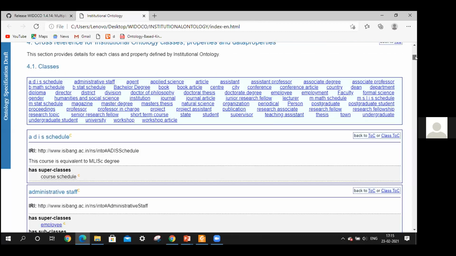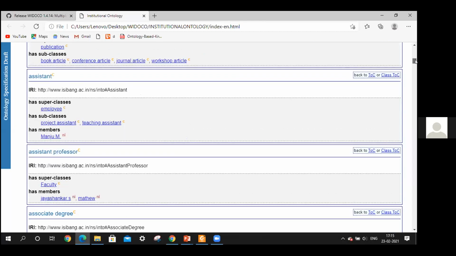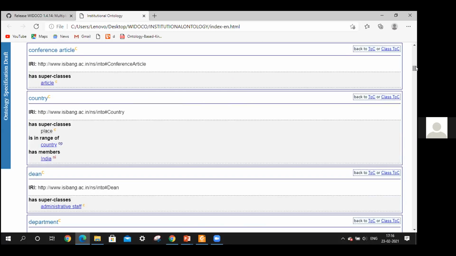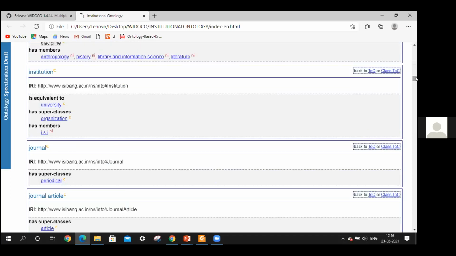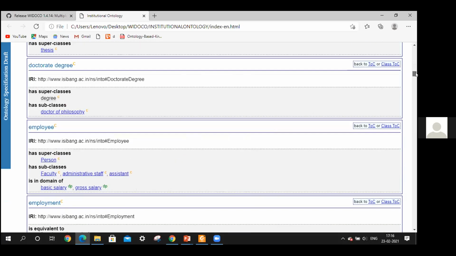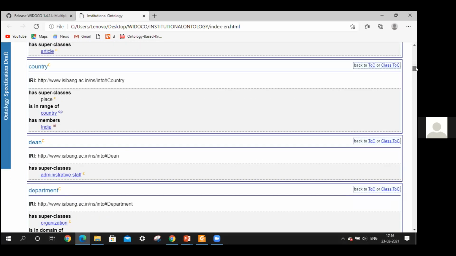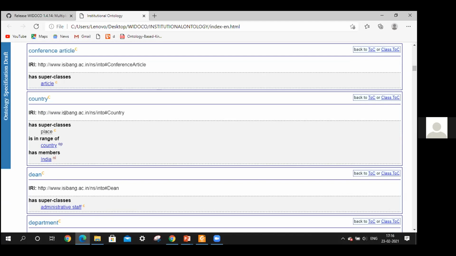Yeah. So these are all the class documentation parts. Maybe you can take one or two examples and show concretely what the information is here. Like here, you can see that country has super class place, the range is country, and it has member India. Can you show one from object property and one from data property?